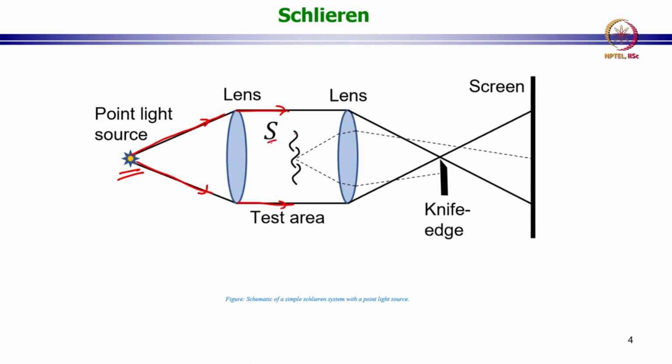And then you have this Schlieren object here, which is creating these small differences in refractive index of the system, again a transparent system. And then you have the second lens in the path. So this is lens 1 and this is lens 2, and the second lens is being used to focus this beam of light to a point. Now, what we do is we put some kind of an obstacle, in this case a knife edge. Usually the knife edge is actually a knife edge. It can be a razor blade, really, and it is placed in such a way that